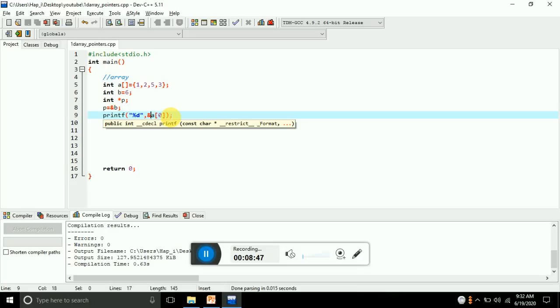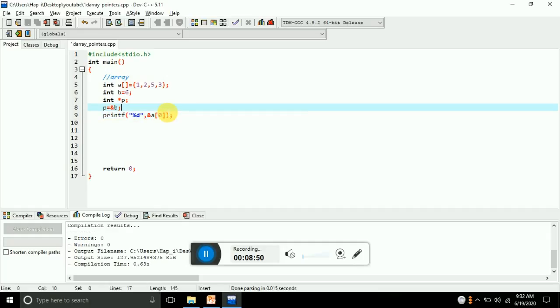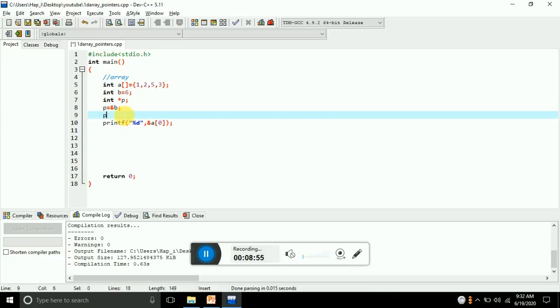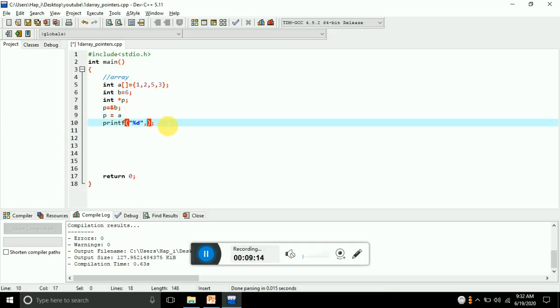Okay. So if you want to point to an array, like here we pointed to an integer, what should we do? We'll simply write p equal to a, not p equal to ampersand a. We can write it that way, but it's also right. Okay, p equal to a is also right, and p equal to ampersand a is also right. So we have written that p equal to a. Now if I want to print one, what should I do in terms of p? So I can write a p of 0.